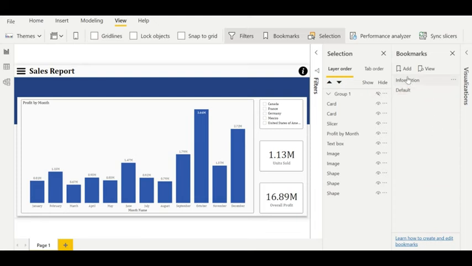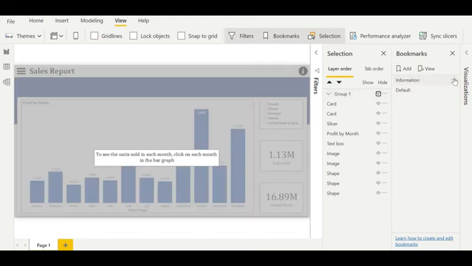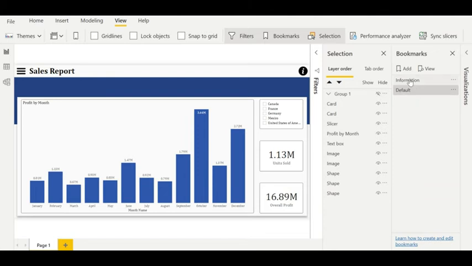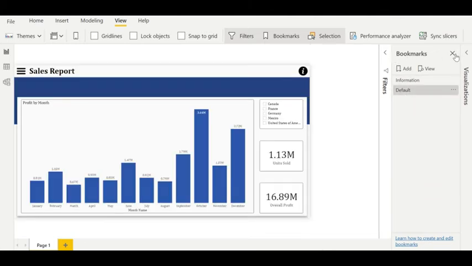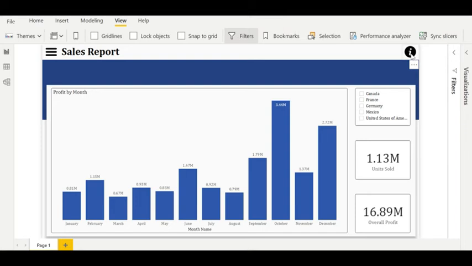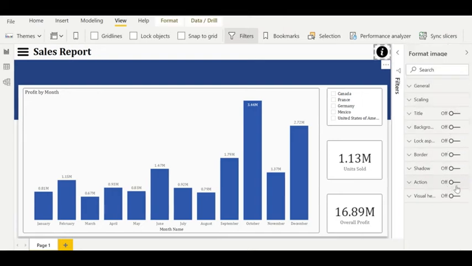Okay, if you see this bookmark, we have this information, and if you see this, default. So information, default. Now I just need to select this button and give it an action.